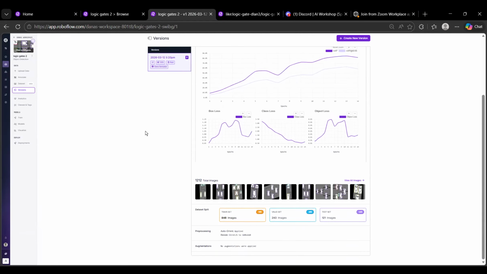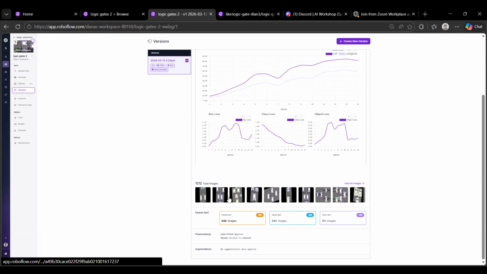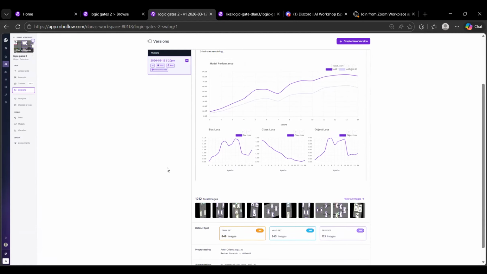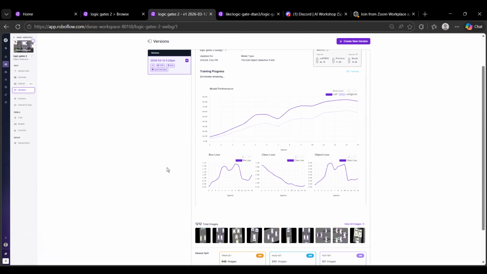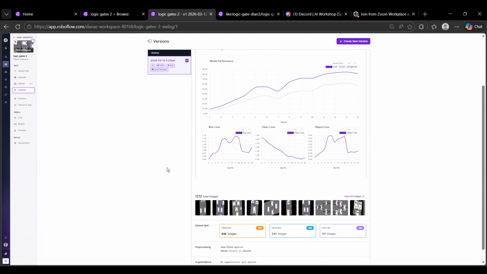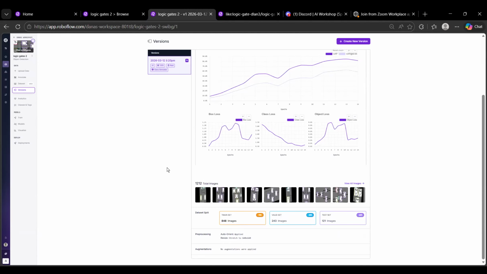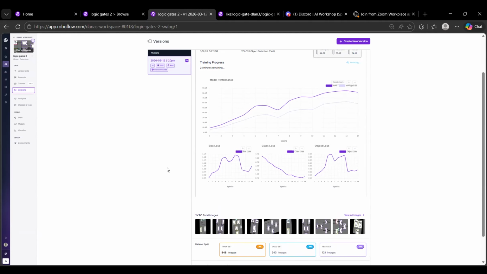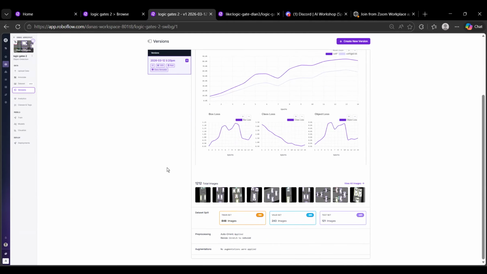What is it? That's the total images. How many classes? Oh, I guess that's more in the dataset info.